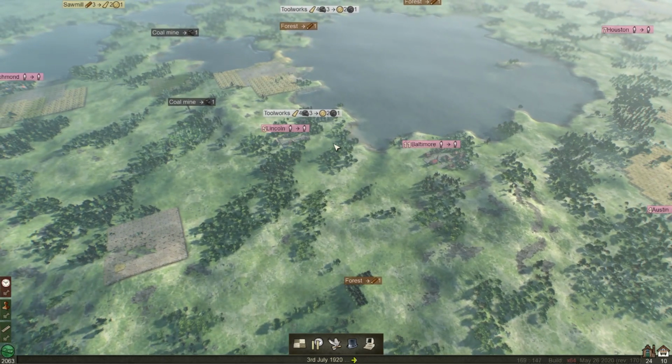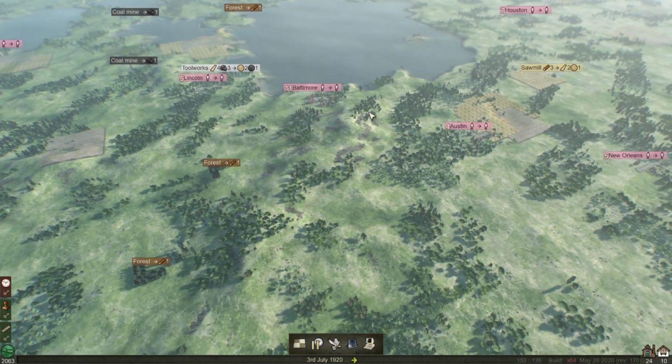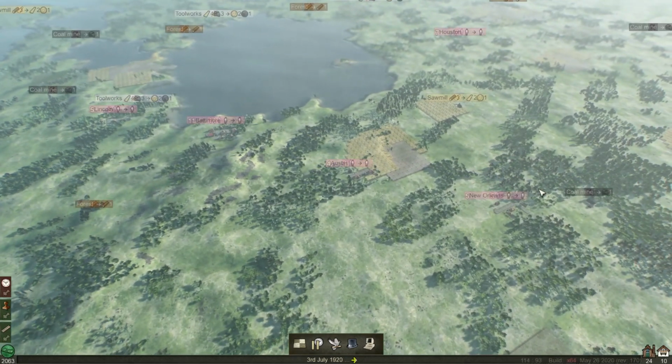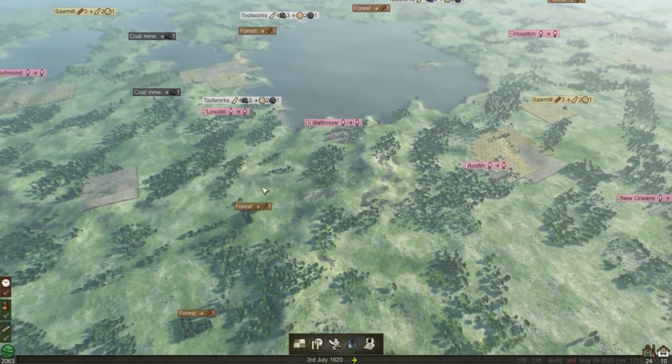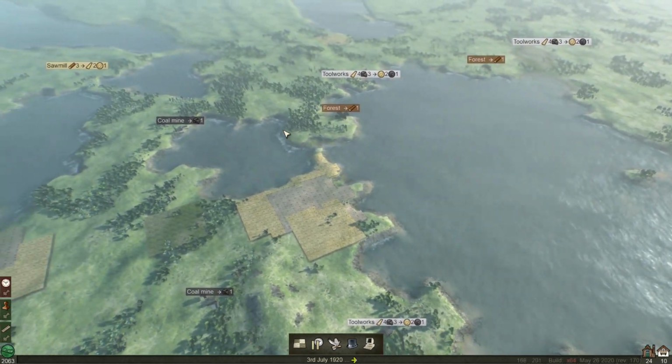Baltimore and Lincoln, that's a pretty short line. We could set that up and make some money from that. We could try to connect all these towns together, lots of towns here in a big row. We could try to connect those up. You know, we could see where there's a really good line of connections between